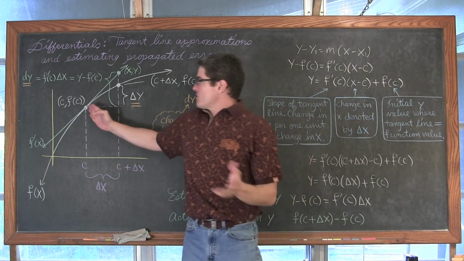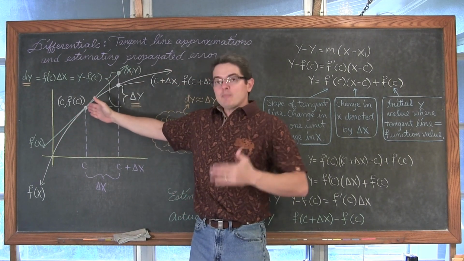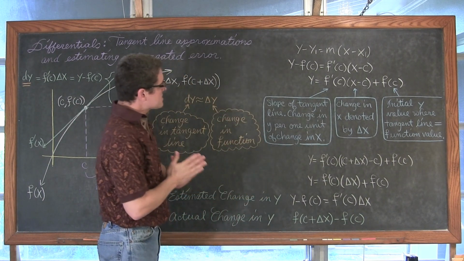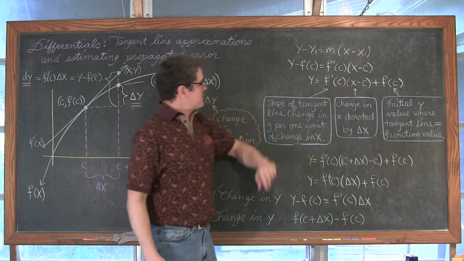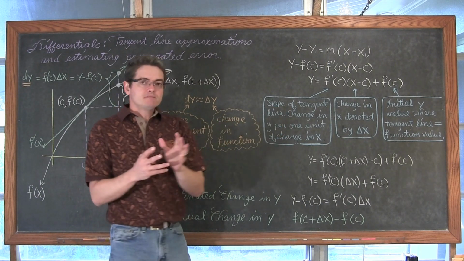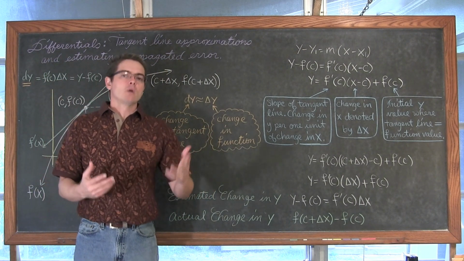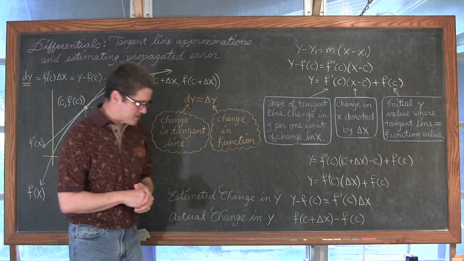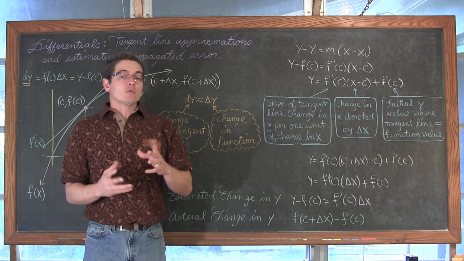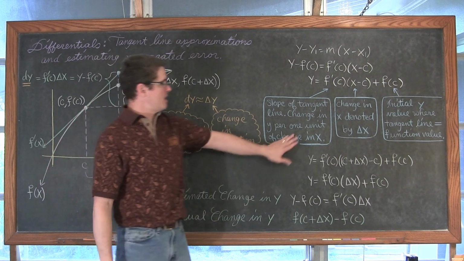Well, our initial point, as far as this tangent line, is about that point of tangency. So our initial y value is basically that f of c. So we've got f prime of c, which we know, of course, the first derivative is slope. So we have the slope of the tangent line, and we always say that slope is change in y over change in x, or rise over run, y sub 2 minus y sub 1 over x sub 2 minus x sub 1. Well, sometimes it's more important to really understand or remember the real definition of slope, which is the change in y per 1 unit of change in x. So keep that in mind.